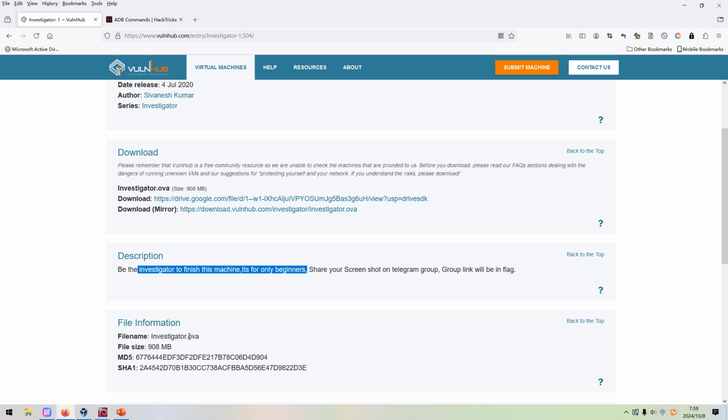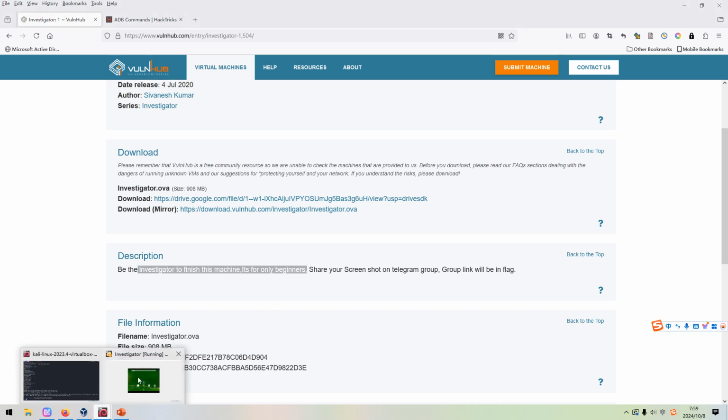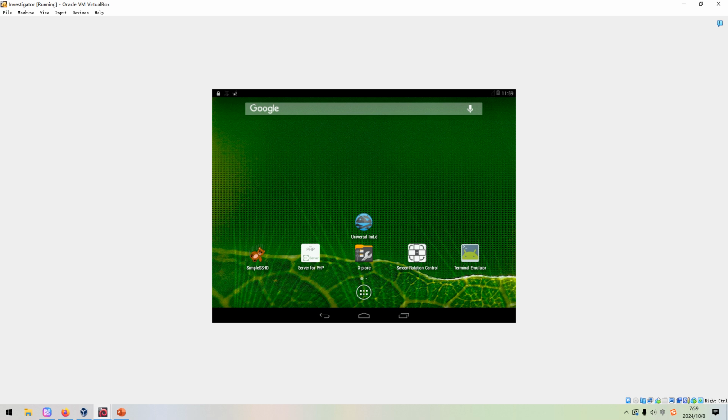Okay, and this would be very difficult, and you need to walk through all apps of the mobile phone. To save time, I will not do this in this video. Actually, the flag lies in an app, and it's very difficult to move the mouse.